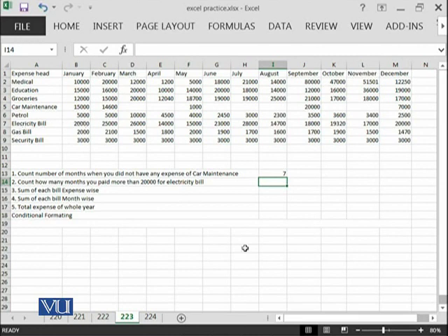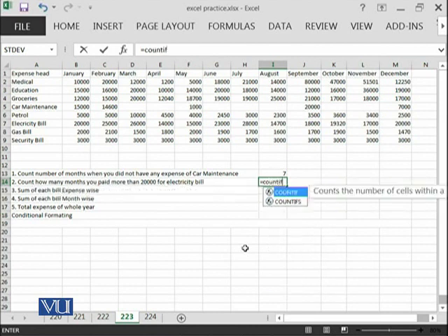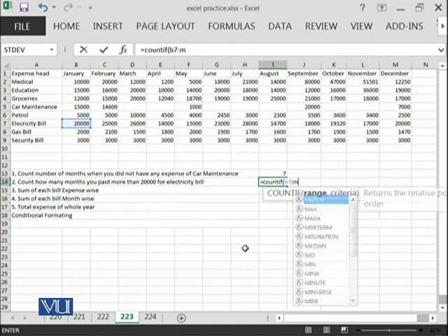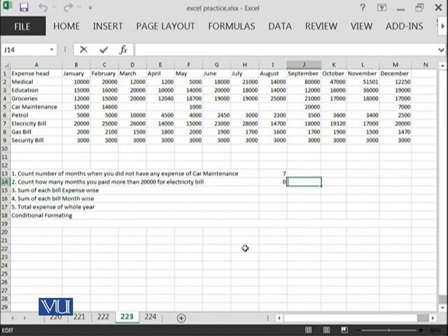So from B7, equal to COUNTIF. It would not only count without any criteria, it would need a criteria. So we will apply that criteria. For example, B7, this one, until M7. So this is the range. And then my criteria is greater than 20,000.